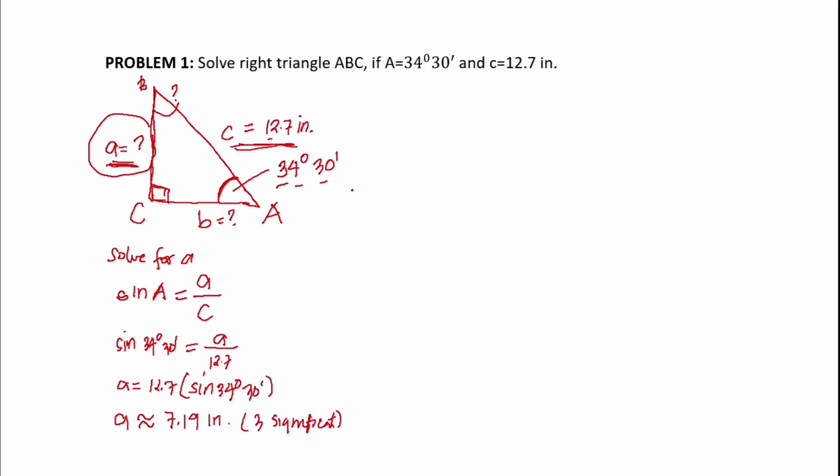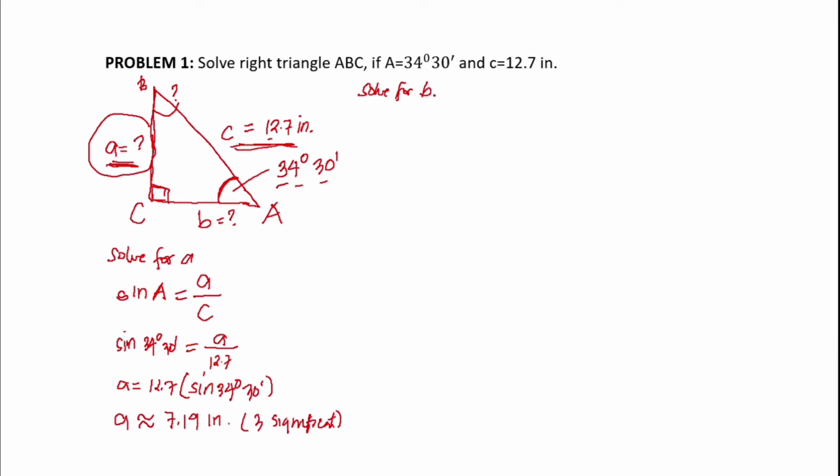And to solve for B, we'll make use of the same given. So what is the trigonometric function or ratio that we can use with B, the angle, and also C? Because there are only two givens aside from the 90 degrees, we have 12.7 and 34 degrees and 30 minutes. If we are going to make use of the formula, we need to have only one unknown. So in this case, we're going to make use of cosine. So solve for